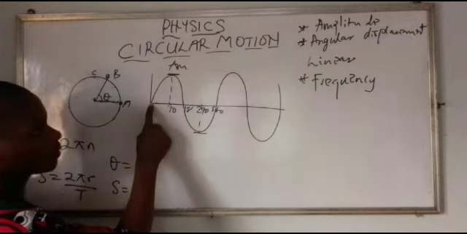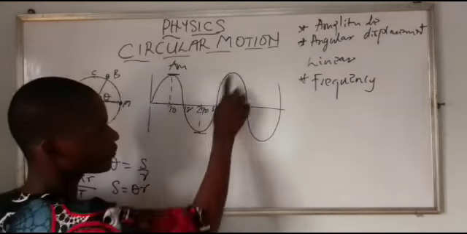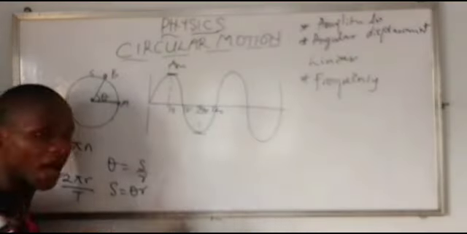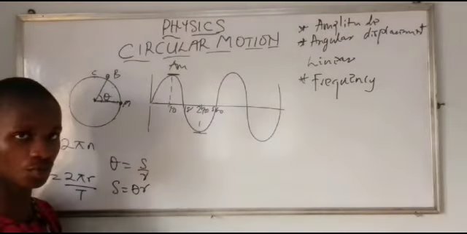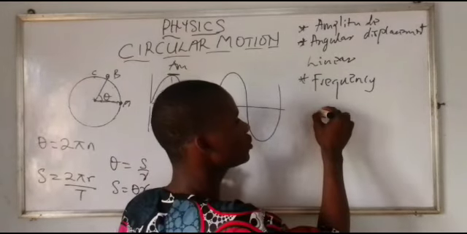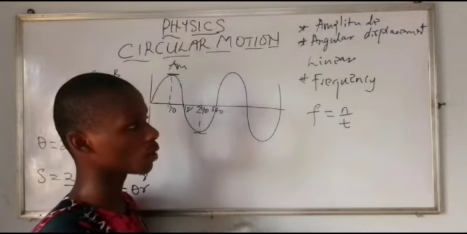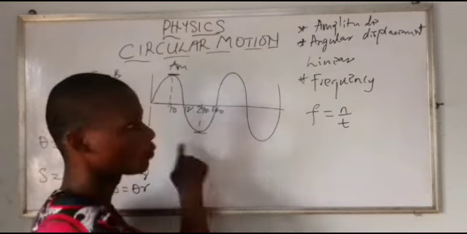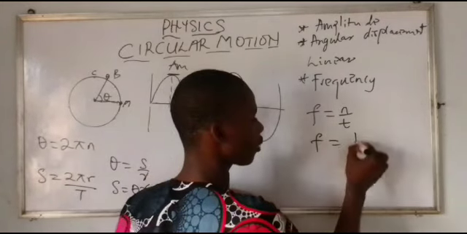Now when this object moves from this point down to this point, that is the first circle, right? Now from here to this place is 2 circles. So since the total number of complete circles it has is 2, we can say that the frequency of this body in motion is 2. Alright? So that's it. Now how do you calculate frequency? You calculate frequency using f equals n over t, where n is the number of circles and t is the time taken to make the complete circles, and frequency is equal to 1 over